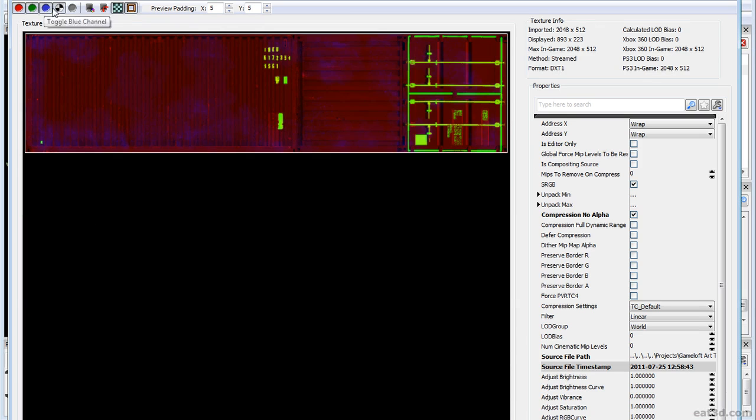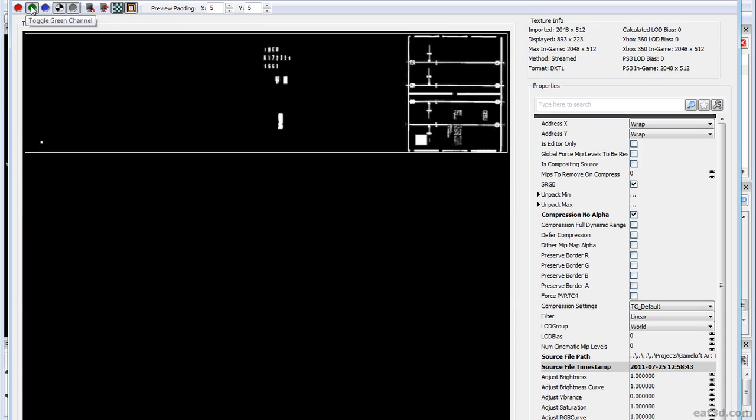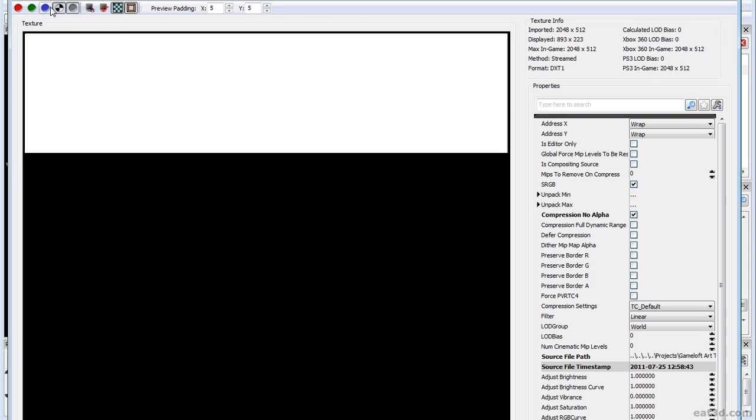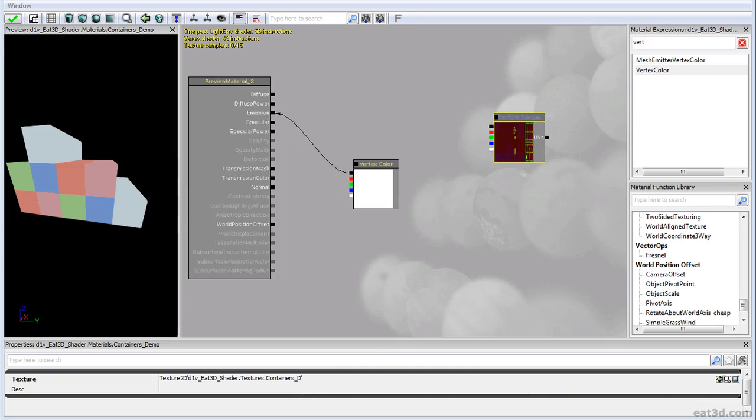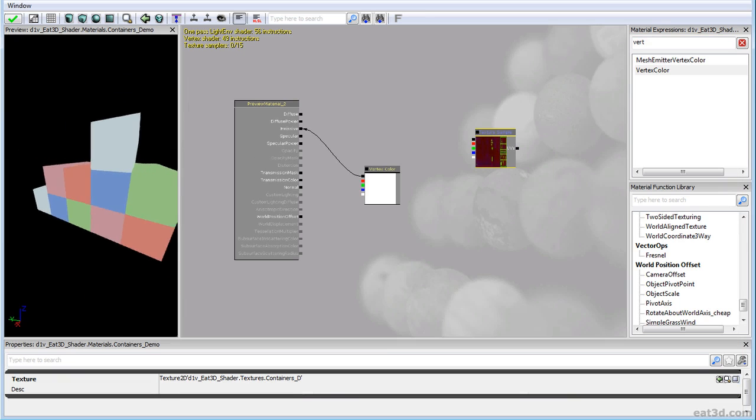Yep, there you go. We have 3 channels, and it's pretty simple. Channel number 1 is the grayscale of the texture. Channel number 2 is the mask for everything that we don't want to be colored in the paint color that we're going to use for the rest of the containers. And number 3 is basically the dirt. I think there is nothing in the alpha. Yeah, that's it. So we're going to use this one texture to create a lot of variety with our containers,